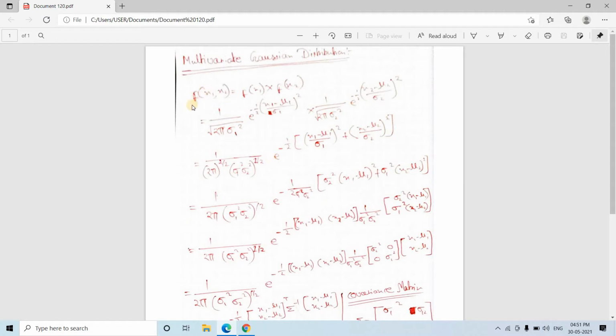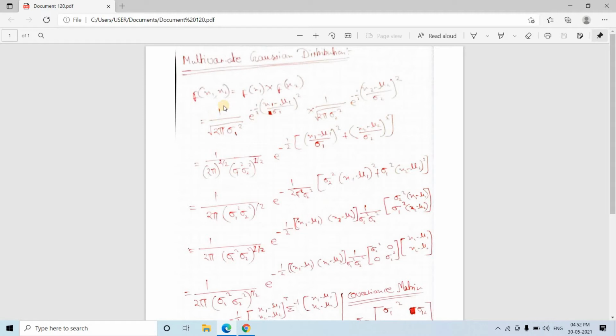Okay, so suppose I have two-dimensional data where the two random variables are x1 and x2. If x1 and x2 are independent, I have told you that f of x1, x2, that is the probability of x1, x2, is equal to the probability of x1 multiplied by the probability of x2. Now consider x1 and x2 as random variables coming from a Gaussian distribution. Okay, so put the formula. Suppose for the x1 random variable, the mean is mu1 and the standard deviation is sigma 1. For the x2 random variable, the mean is mu2 and the standard deviation is sigma 2.